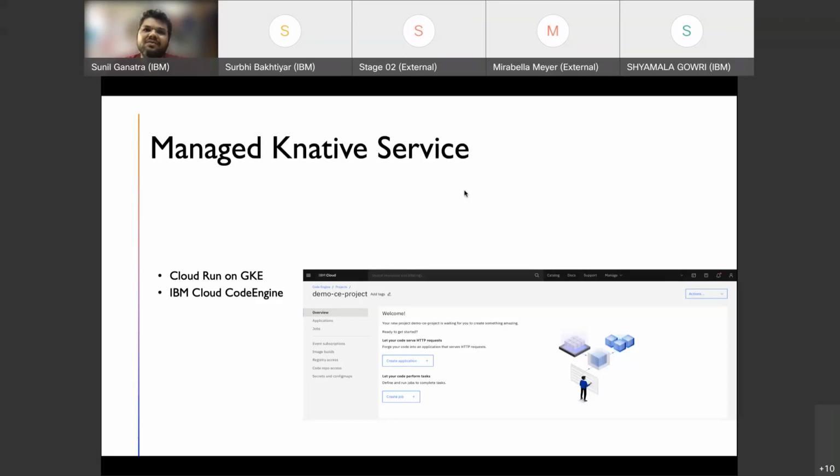along with running your other workload, which is using the Kubernetes API. One more service is IBM Cloud Code Engine, which also gives you such capabilities, where you just go to IBM Cloud and create a Code Engine project. A project is nothing but an isolation, where under each project you can run your code. So those two services are already readily available, which you can leverage if you want to explore and start running your Knative service.